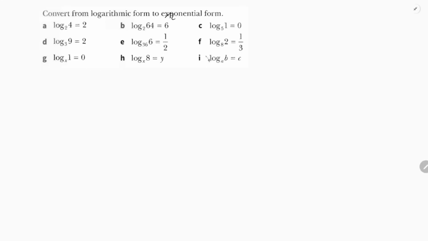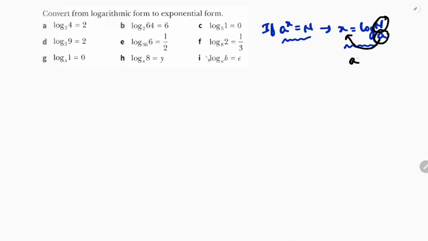Convert from logarithmic form to exponential form. Here we need to know the logarithmic definition. If a power x equals n, then x equals log n to the base a. This is logarithmic form and this is exponential form, where a and n are positive real numbers for some real x and a should not be 1. If you observe carefully, in the logarithmic form, the base to the power of the answer equals n. A power x equals n. So if we take the first question here,